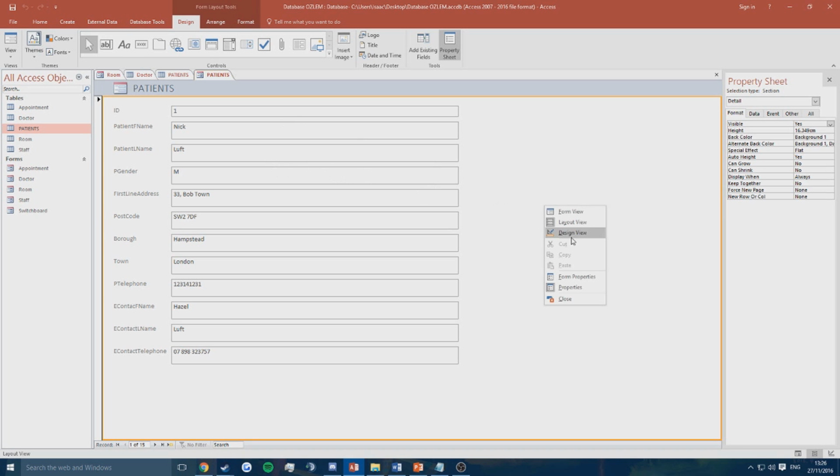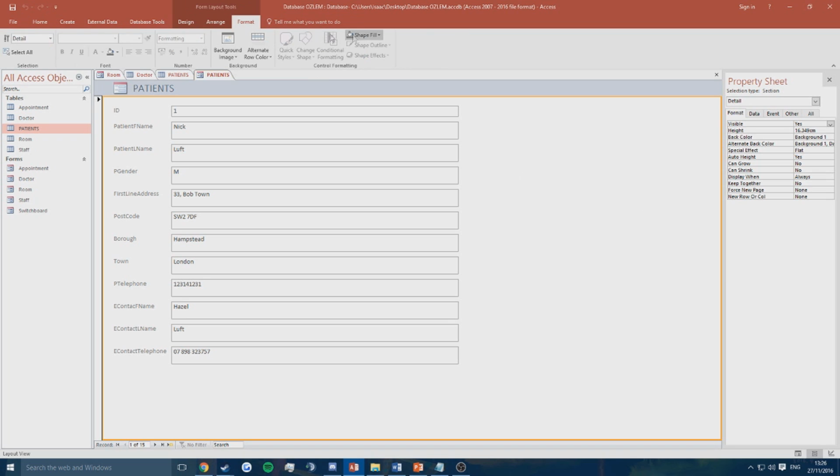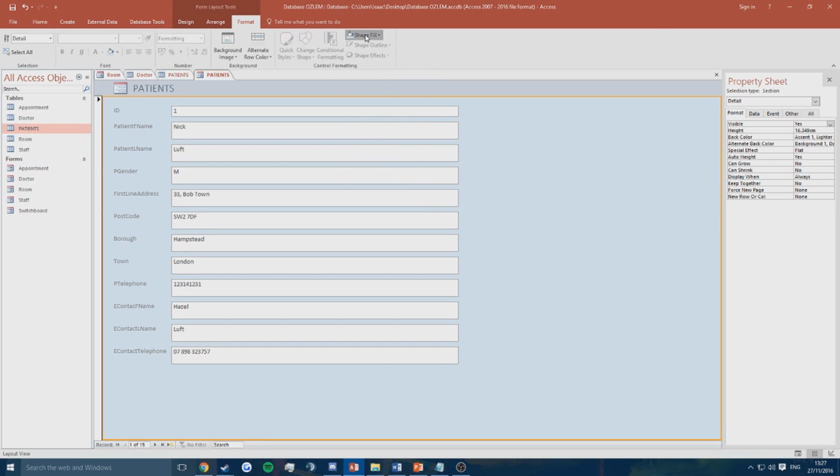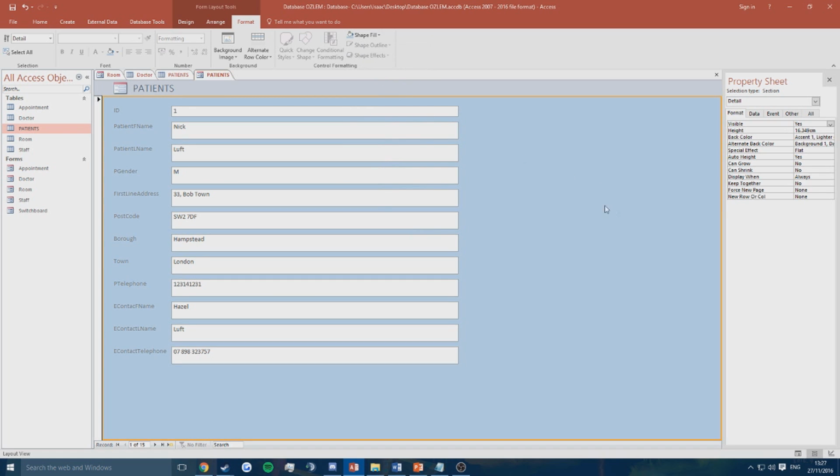So first of all, I'll keep it in this view for now because I want to change the color. So go to Format, and you'll see Shape Fill. Make sure you've clicked on the background to change it. I'm going to use this color,